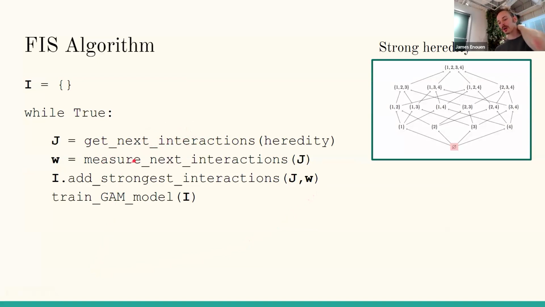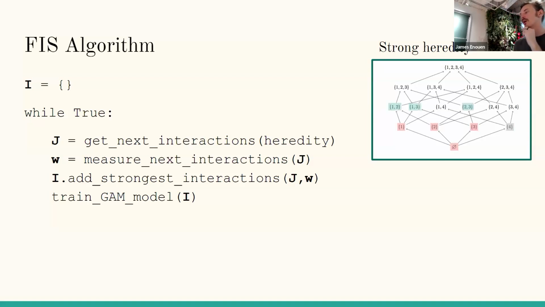and then we do a measurement on those for what could be important. So let's say we look at first all the one-dimensional sets, and then we have some measurement which says which of those are important and which of those we're going to throw away. So red is going to be those that we're including. And then if we were actually doing a GAM model, we would train it right now. But let's say we're just going through the algorithm.